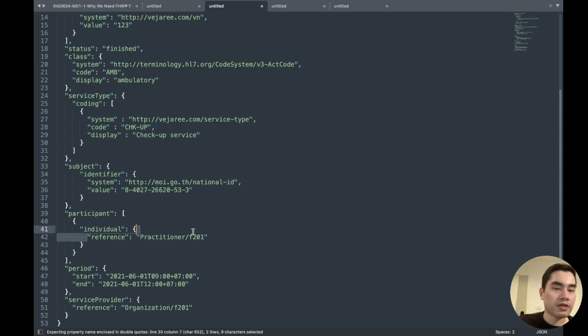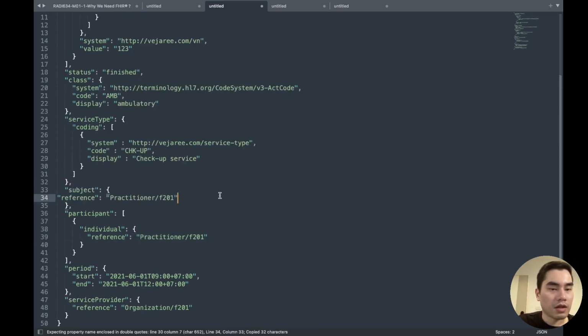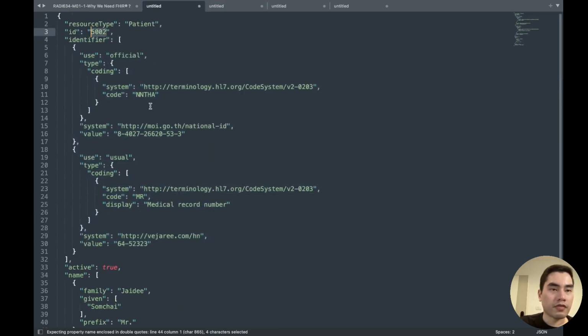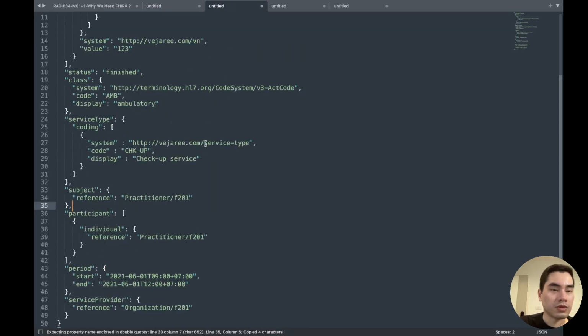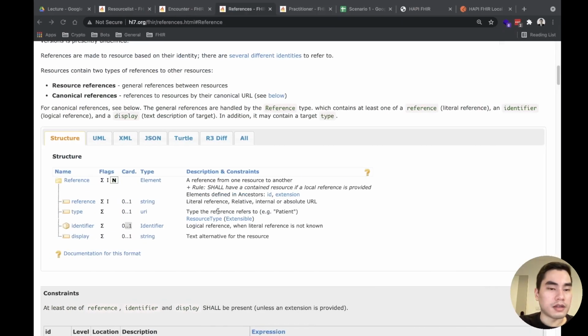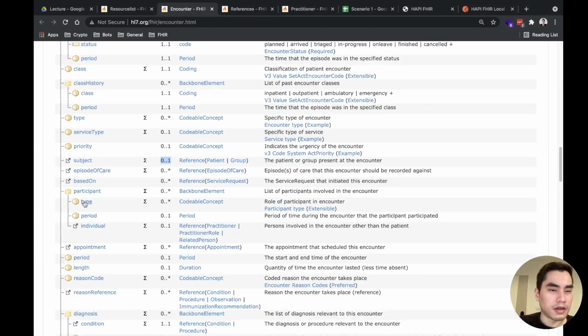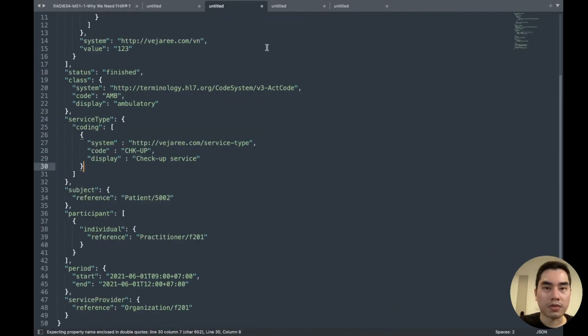But actually for me, if it's possible, I prefer to use the literal reference like this. So this one is 5002. So the subject is patient and 5002. And participant is the practitioner here.